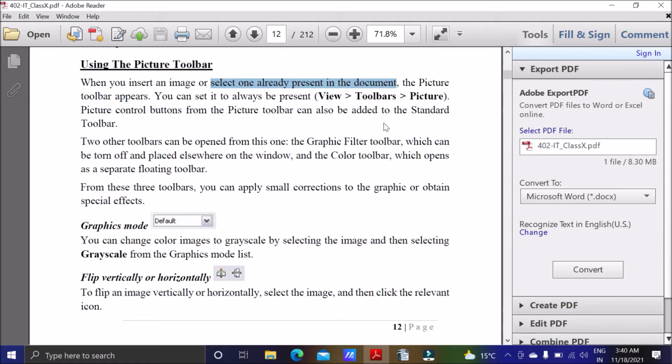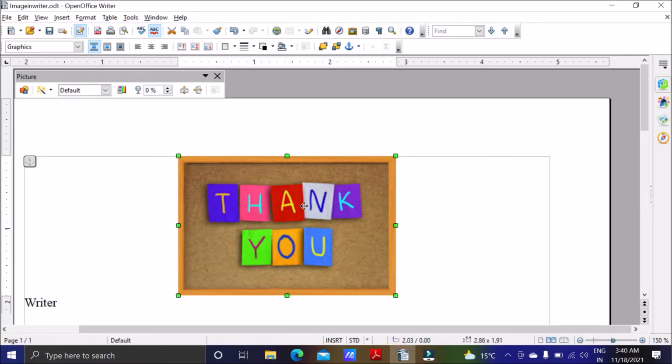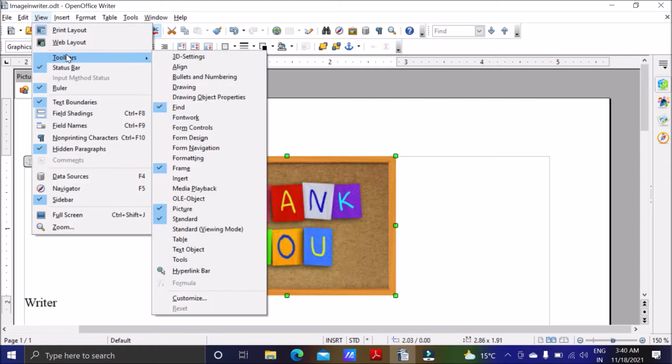Now if you don't want the picture toolbar to be present always when you click on the image or when you insert the image, you can do this. So suppose I don't want the picture toolbar to automatically come when I click on the image or when I insert any image. So View and then Toolbars, and here you can see Picture toolbar is selected.